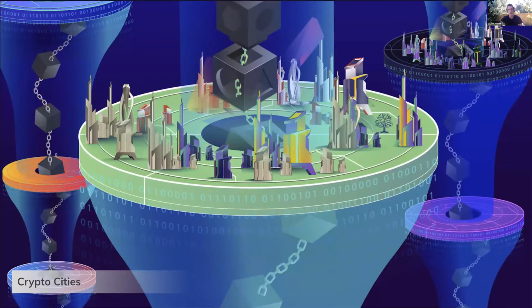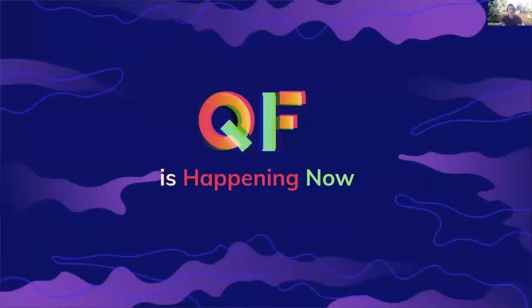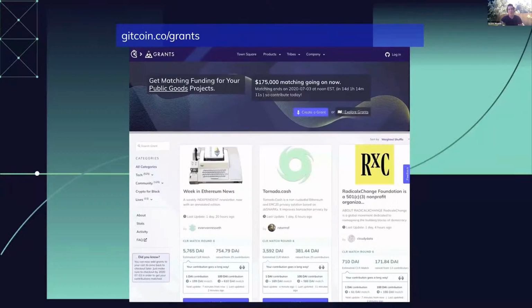Quadratic funding works because we actually have control over the underlying tools and currencies that we're using in that process itself. That's something that didn't happen 20 years ago, or wasn't even really possible 20 years ago without a centralized body to manage that. And so it's happening now. It's something we're working on very actively, and it's something that we've been really proud of in terms of the overall impact in the community.